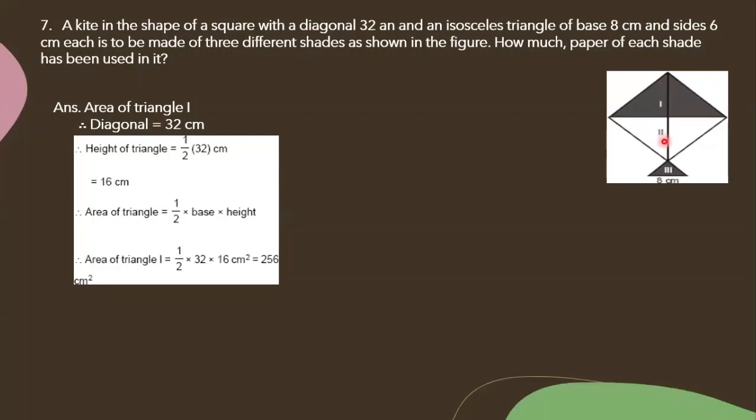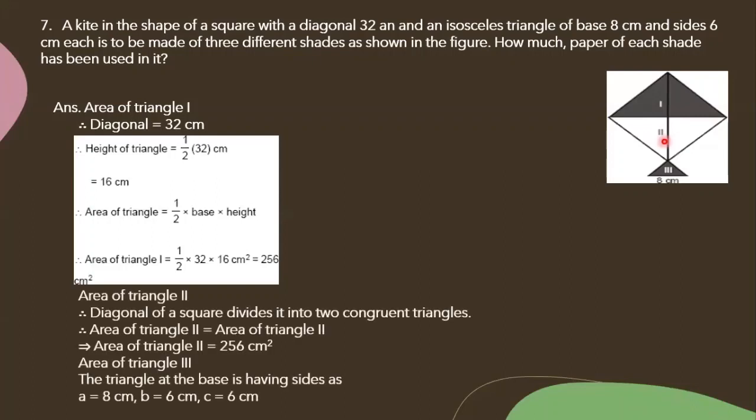What is the area for the second figure then? 256 centimeters. 256 only, ma'am. Second also, both are the same, 256 centimeters. Any doubt in the area of a square? What is the area of a complete square now? 256 plus 256, 512. Very good. Next we'll go for finding this smaller piece.